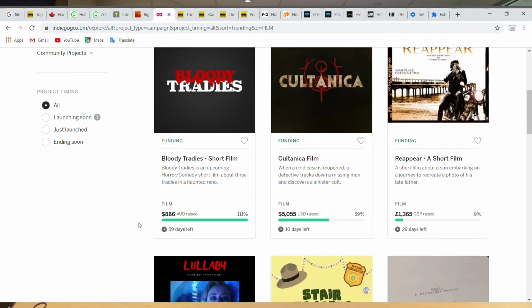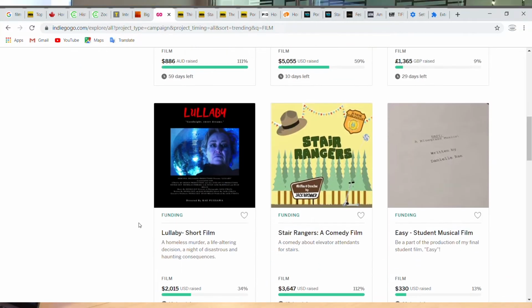But the way crowdfunding effectively works is you are going to a bunch of people and asking them to pitch into your project. And it's not an investment. Something called equity crowdfunding came out later where it was actually hard investment. And somebody who equity crowdfunded your film could expect a return. However, crowdfunding as a general concept has been used basically to say, hey guys, I'm trying to make this project. Can you help me out? And very often there's all kinds of perks awarded, right? So for example, you'll say...